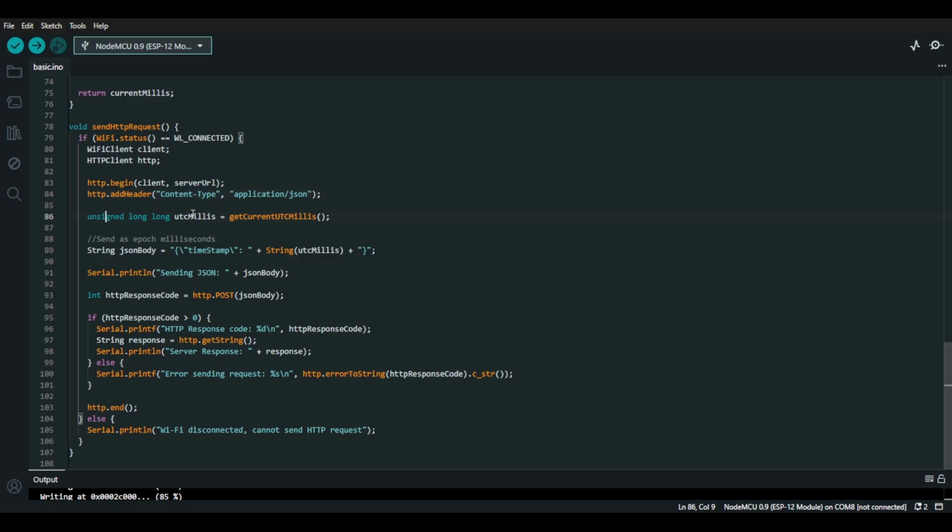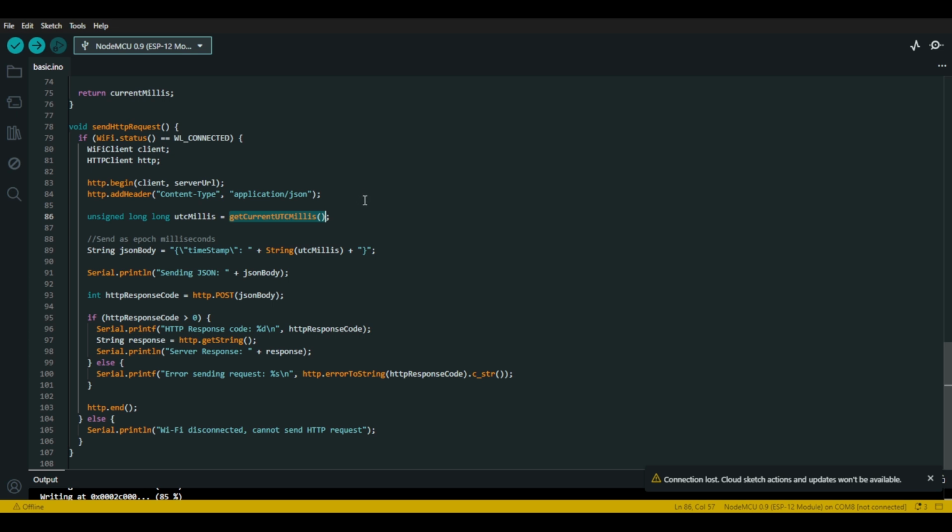And here I got the time. This is in milliseconds. So I get it with this function, which gives the current time in UTC, but actually it's not in UTC, it's in milliseconds, which we call a Unix epoch, right? So it's like this big number, right? So this is in milliseconds, and I'm going to send it in the request